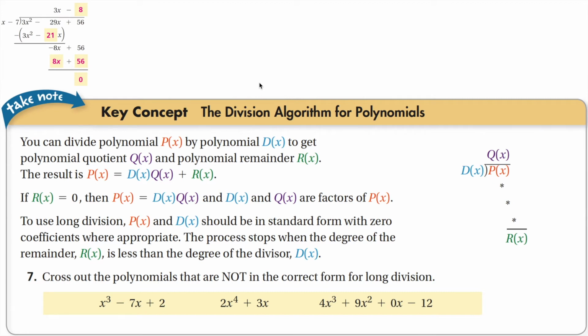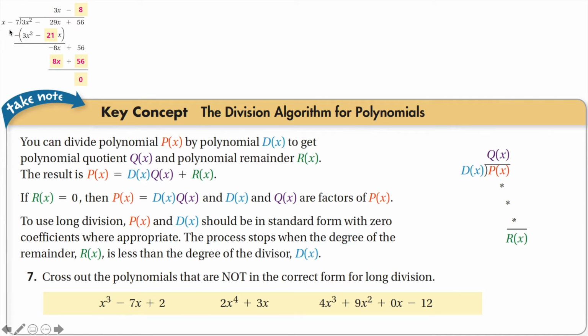You followed? To use long division, p of x and d of x should be in standard form with 0 coefficients where appropriate. The process stops when the degree of the remainder r of x is less than the degree of the divisor d of x. So this entire paragraph, with all these d of x and q of x and whatever it may be, is basically saying, look, if you run into a situation like we had in problem 1,